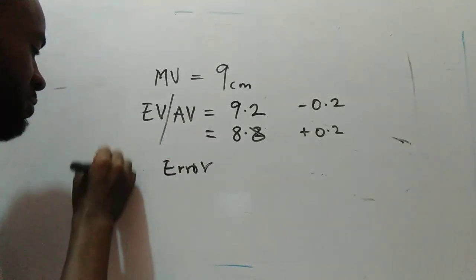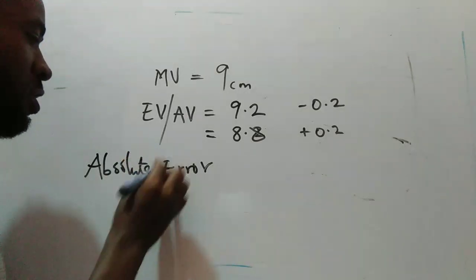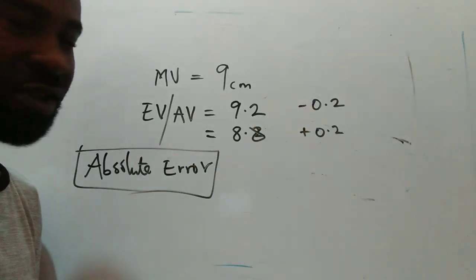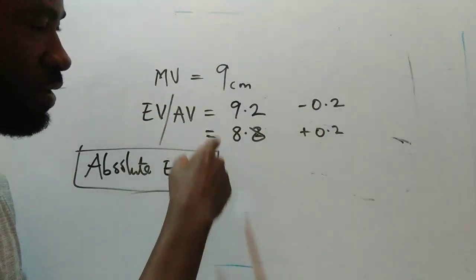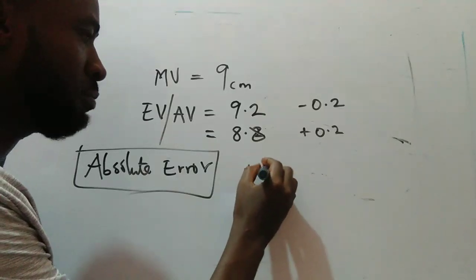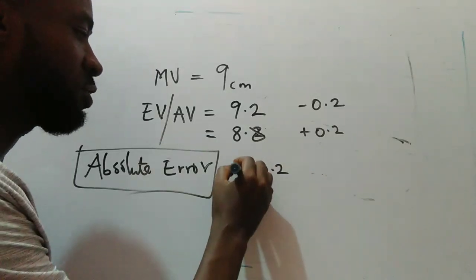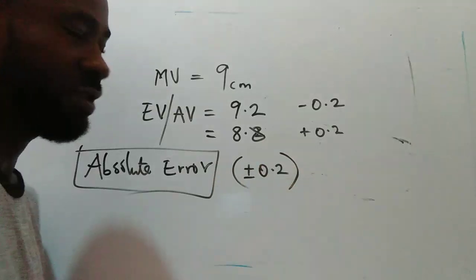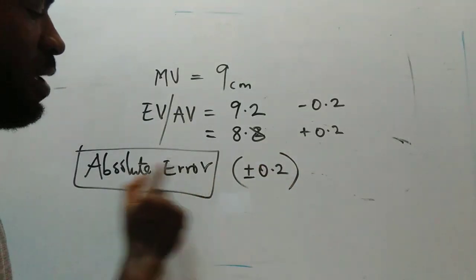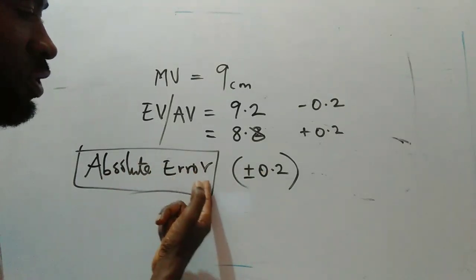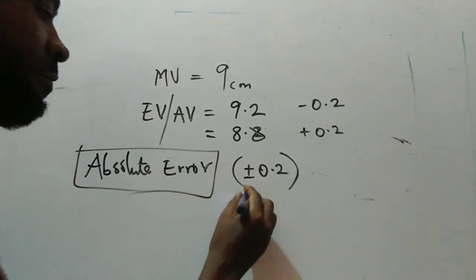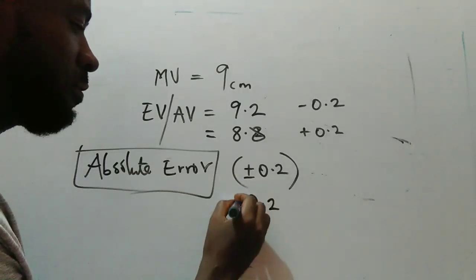They always use the word absolute to take cognizance of both the negative sign and the positive sign. So in this measurement here, my error in this case is plus or minus 0.2. So this is my absolute error. Is that taken? So now, if I decide to put this error in form of the ratio of